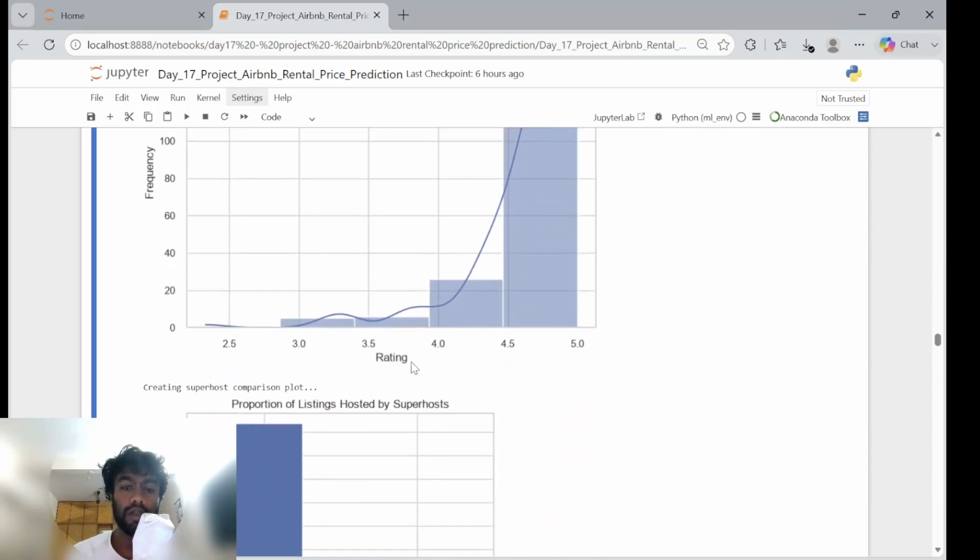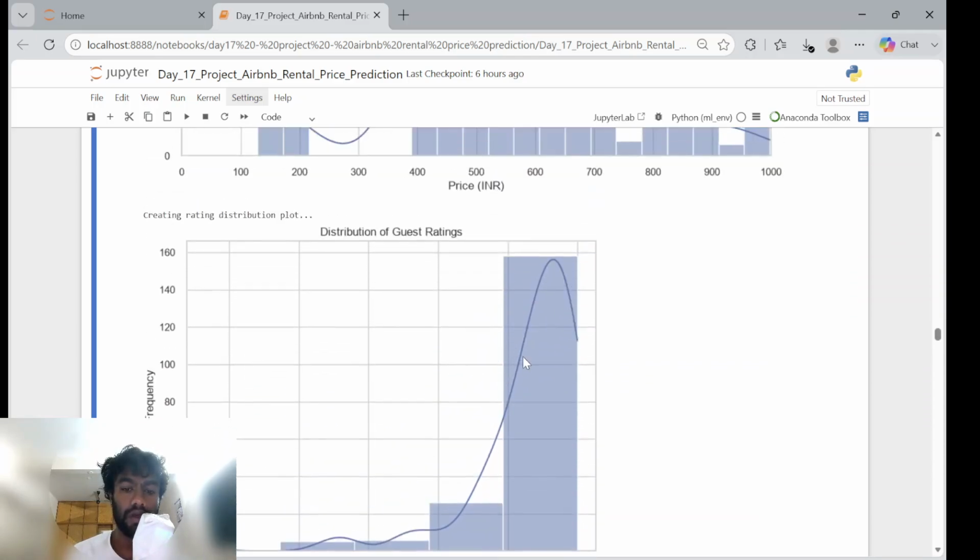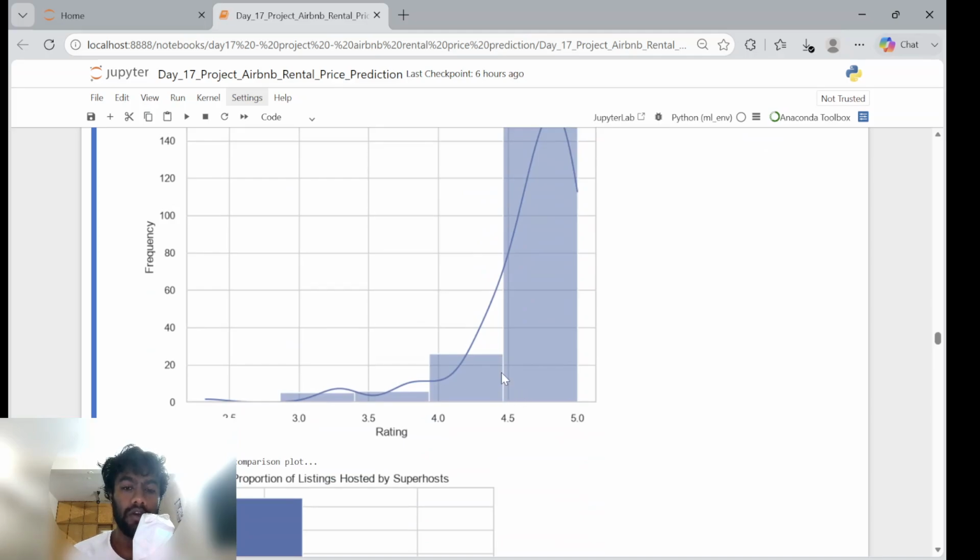So distribution of guest rating, many of the values have a guest rating of 4